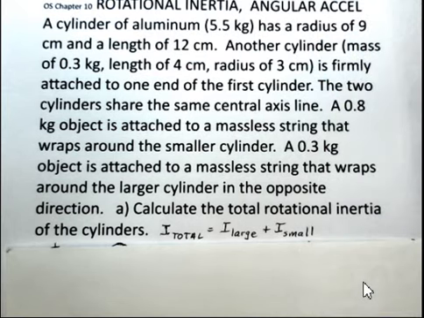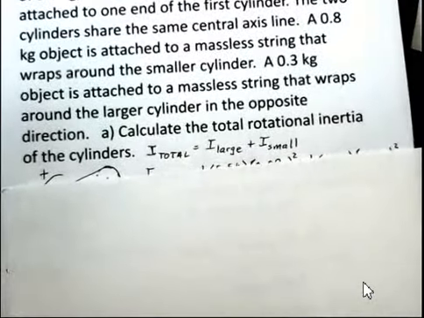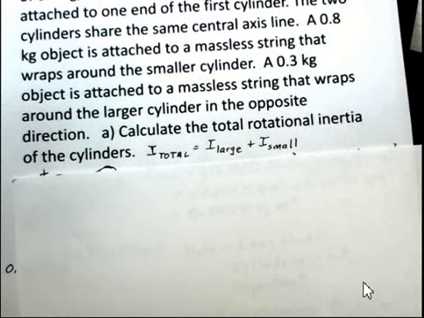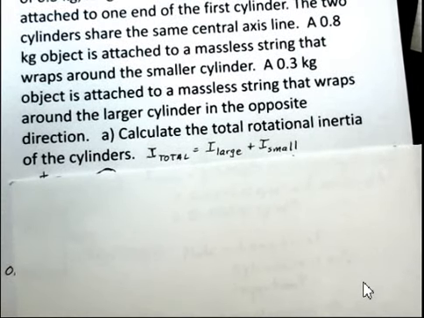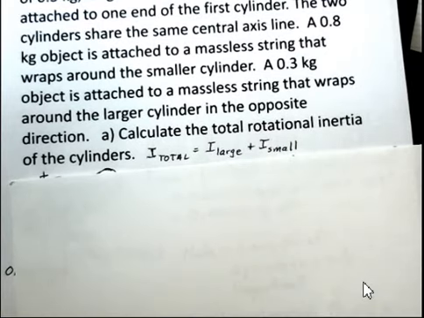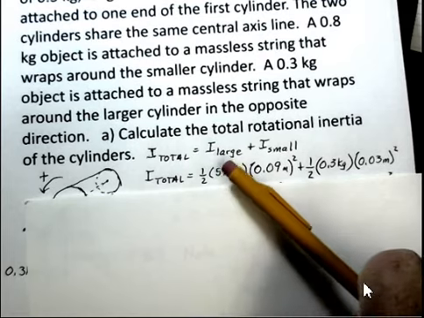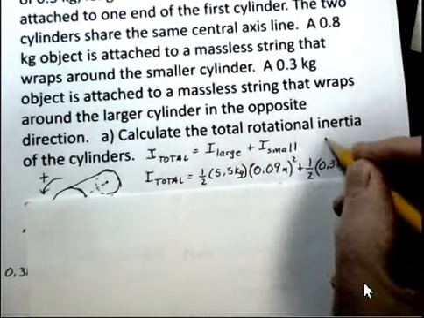So these two objects hanging straight down from the strings are going to try to rotate the cylinder in opposite directions. And we're on a frictionless axle here. So first, let's calculate the total rotational inertia. We have two cylinders to consider, this first larger one and then a smaller one. They're on the same axis, so we don't have to do any further adjustment. We can just add up the basic calculation for rotational inertia,